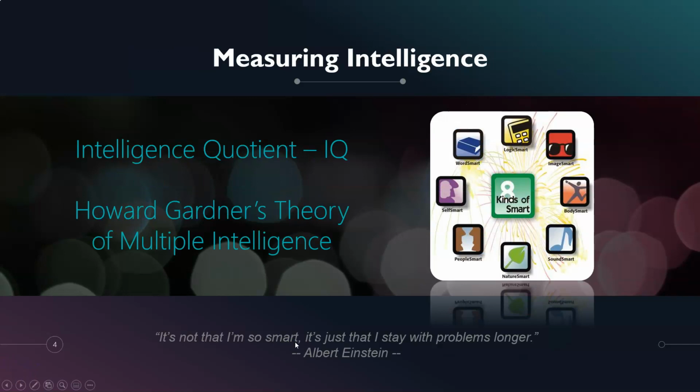Okay, so we know what intelligence is. It's this ability to solve problems. It's the ability to create products and ideas that are of value to a culture. But how do we measure it? For a long time, researchers actually conceptualized intelligence in one singular way, one way alone. And we call it IQ, which stands for intelligence quotient. We still use IQ tests today. We still talk about IQ. You can still get a score on an IQ test indicating your intelligence.